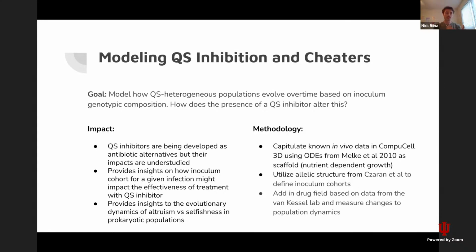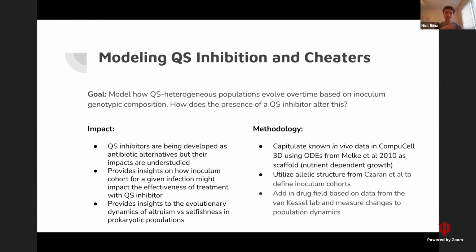They use different alleles, and then each cell would have two alleles, and that would regulate how they behaved in the environment. And then this Melky et al. was the other paper that we wanted to take an idea from. And what they did is they modeled quorum sensing, but instead of having the cells produce a public good, which in turn affected their nutrient intake, which is what Logan and I did,